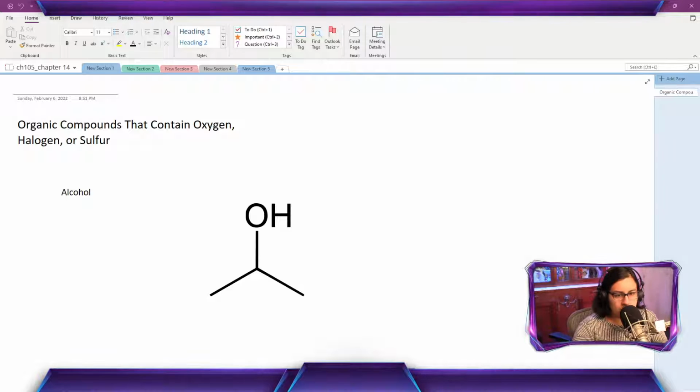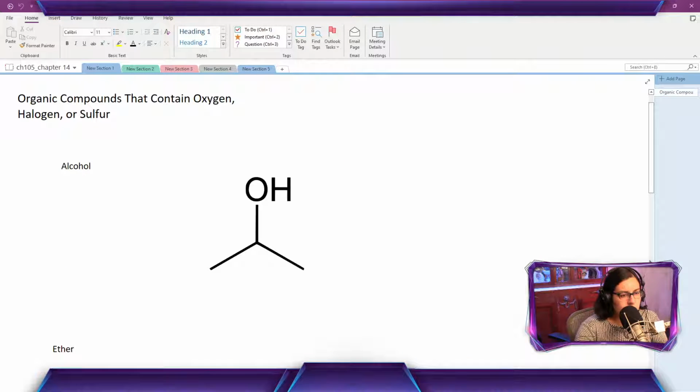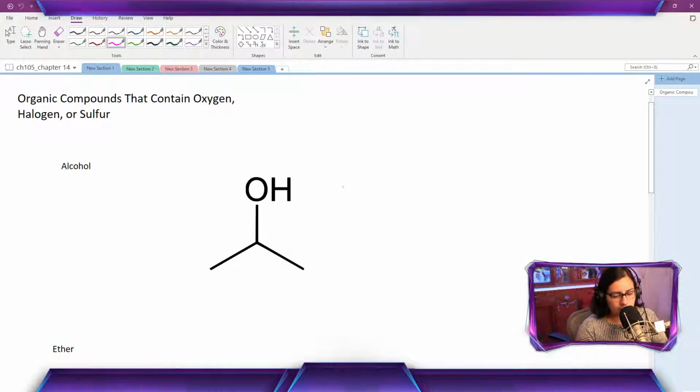So today we're going to start chapter 14. This chapter is compounds that contain oxygen, halogens, or sulfurs. We'll look at a couple of those groups. We'll start looking at what are called alcohols. So alcohols are anything